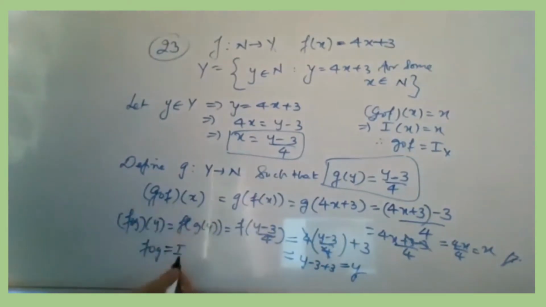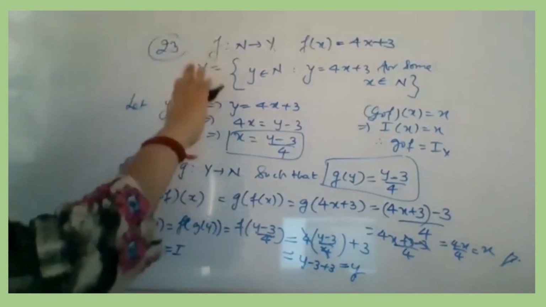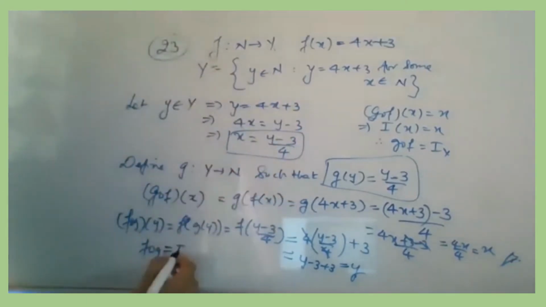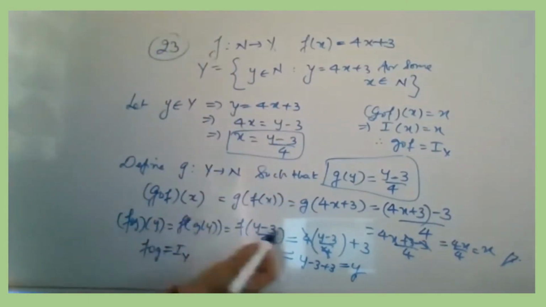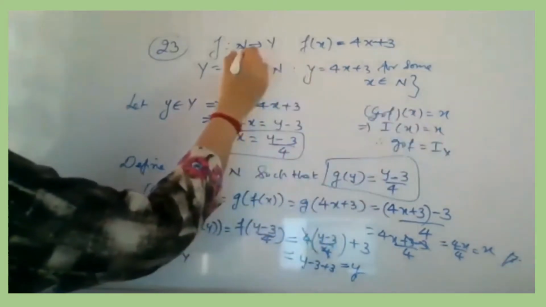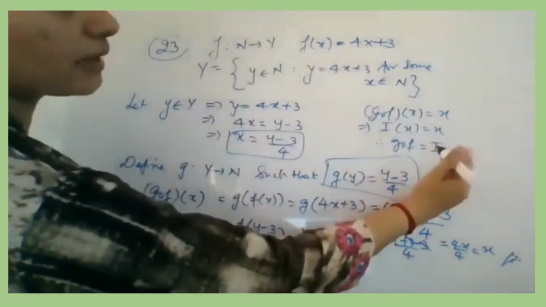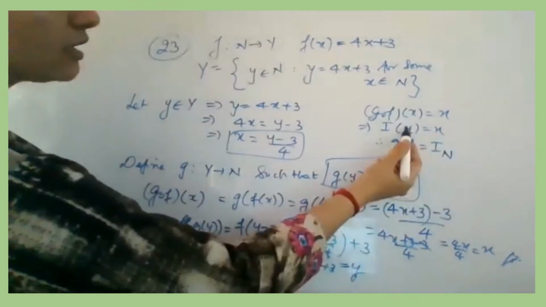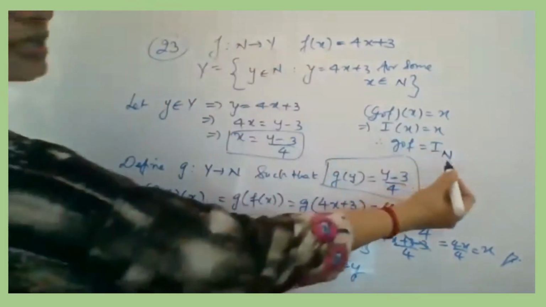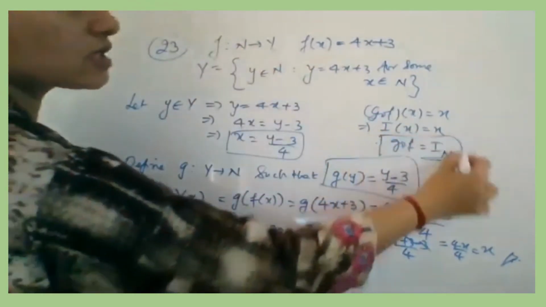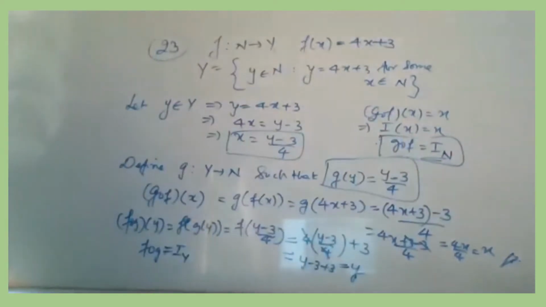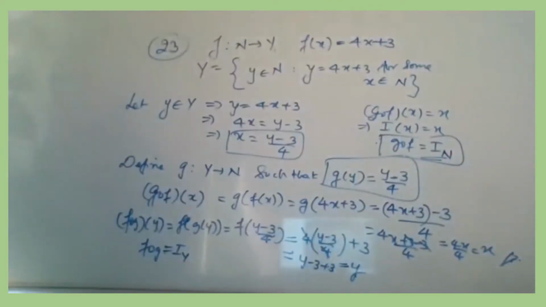I of which set? It is from y to y. So आप y लिख सकते हो. यहाँ पे क्या है? y से y तक पहुंच रहा है, ऐसे दिखाने के बाद हम ऐसे बोलते हैं. यहाँ पे जब लिखोगी यहाँ x नहीं है, यहाँ n है. So I will just suffix को आप n लिख सकते हो. But this x which you have taken is from the set n. इसलिए इस n है. So this is clear. G composition f is equal to I n and f composition g is equal to I y.